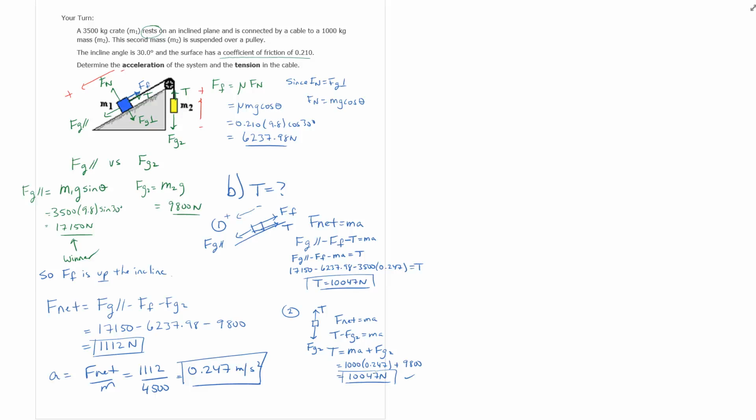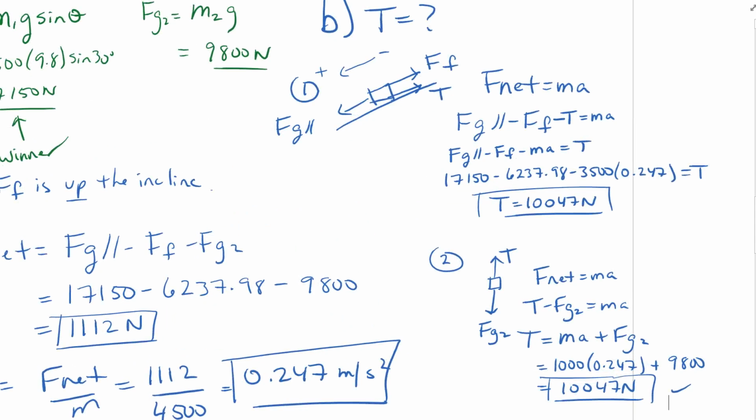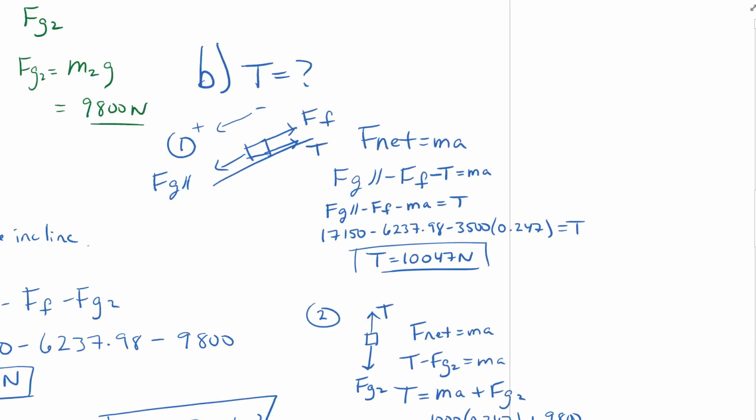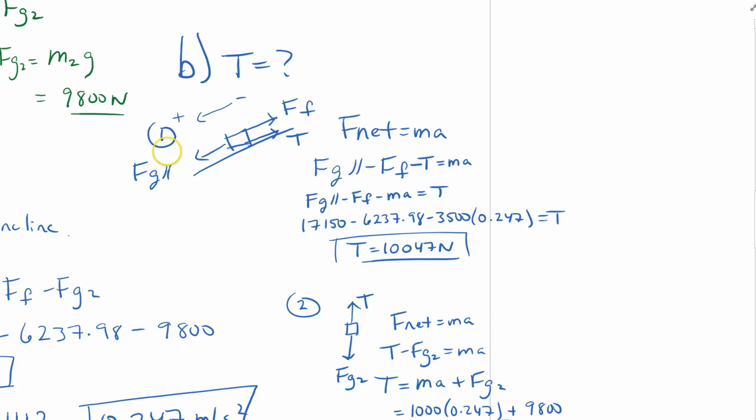Okay, so here's my answer. I get an acceleration here of 0.247 meters per second squared. You can see I do my Fnet statement, plug in some numbers, divide by the mass, and I get 0.247 meters per second squared. And then when I figure out what the tension, I do a free body, really messy,